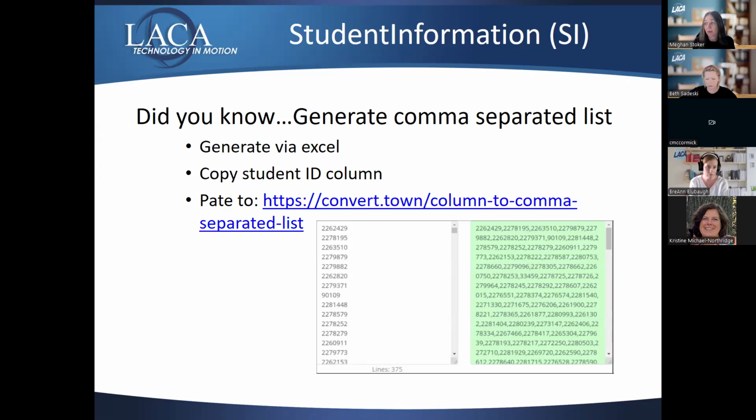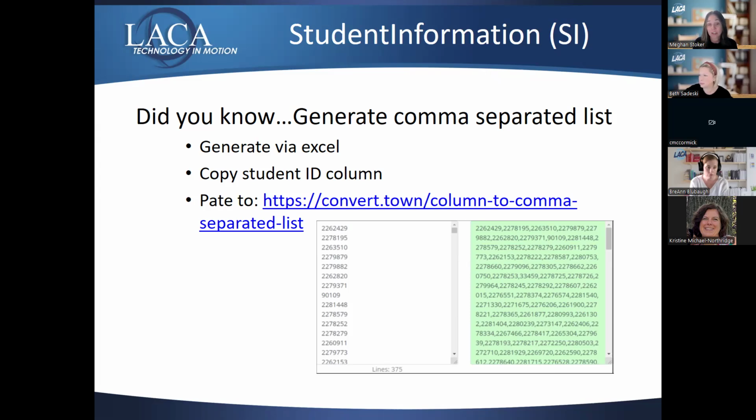This is one of my favorite things, and I just wanted to share it again. I share it all the time. I'm sure if I've talked to you on the phone and we've ever had to do anything with ad hoc memberships or with scheduling, I say, okay, here's my comma separated trick, because everything within student information, it seems like if you're doing groups of things, they want the ID numbers comma separated, and it saves so much time. If you have an Excel version of your IDs, your student IDs as to who you want to be included,